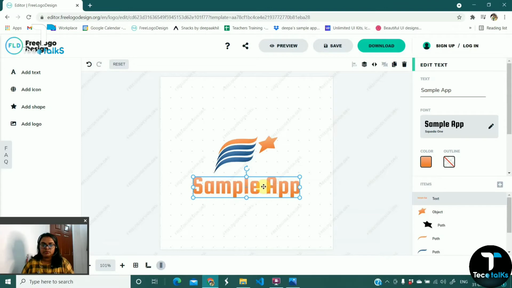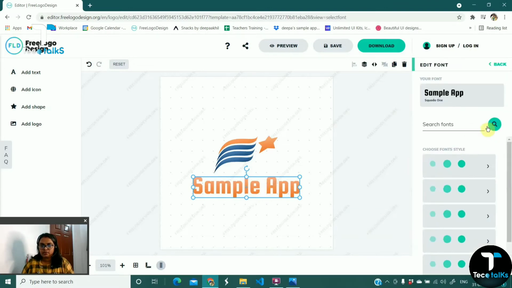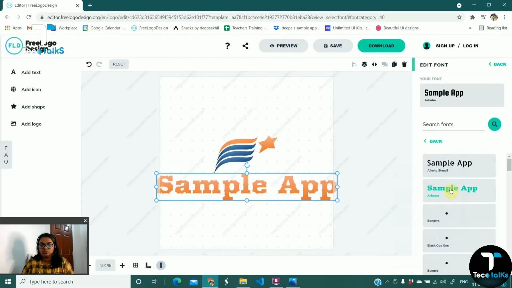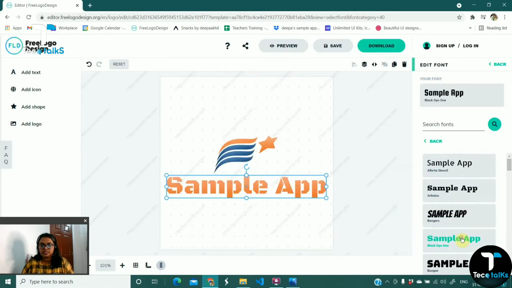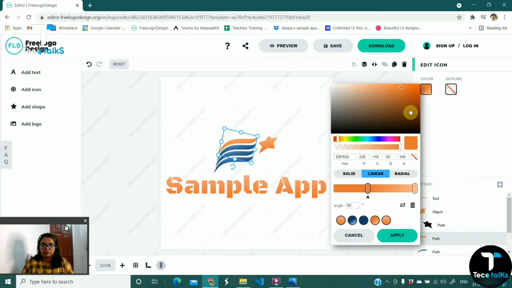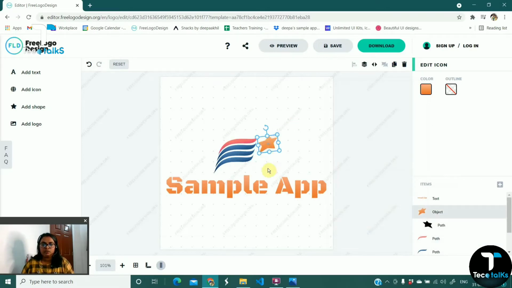And then also if you want to change the text style, we can come over here. There we have so many font styles, so inside we can choose the one which we like. And we can change the icon style as well. Let's say the color of it, we can change it over here. Same way it will be showing the color palette. And if you would like to change the color, we can change it like this. So after doing all the changes, there is an option download. So we have to click on it,